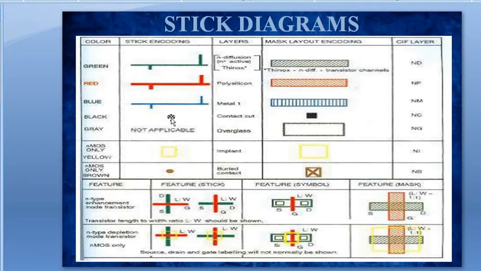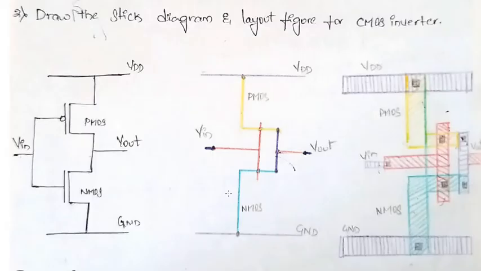See, in stick diagrams we will be using a dot, and for the layout diagrams we will be using a square box, right? Here I have given the contact cuts. Now at the metal layer, we need a metal layer to get your connections. Then one more polysilicon to get the output, and a small layer. This is your PMOS transistor and this is your NMOS transistor. So by defining this stick diagram, you can easily go for the layout figures. Same as this one, just go for the layout figures.